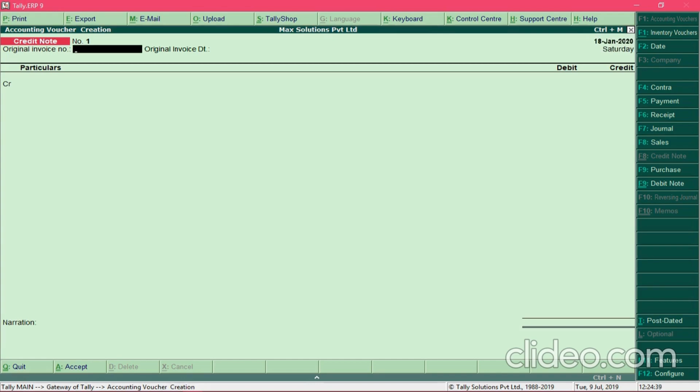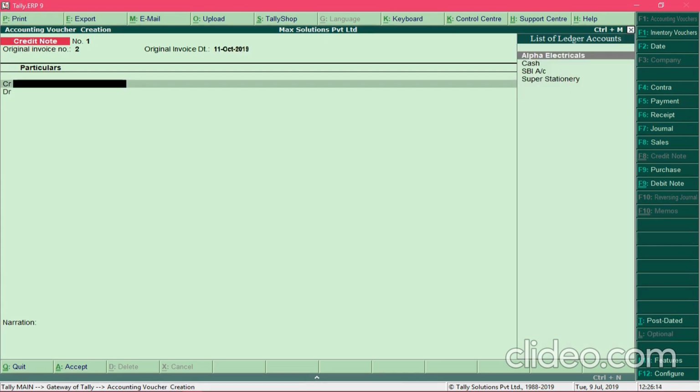The invoice number against which the buyer has returned goods is number 2 and the date of the supply was 11th of October 2019.